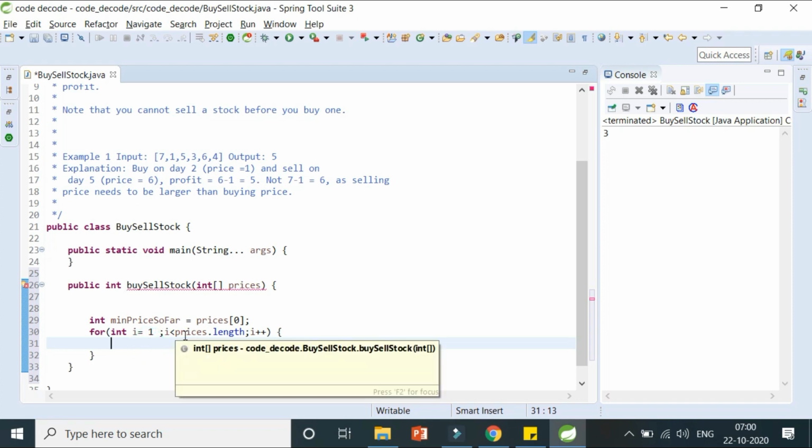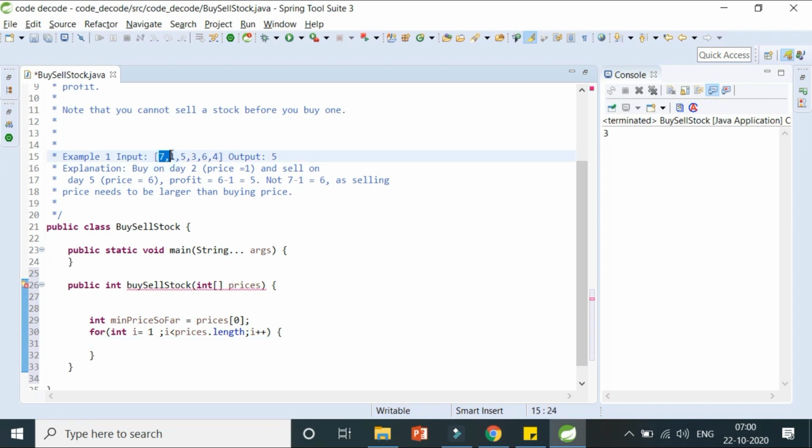Okay, so basically what I have to do is compare these two values and store the minimum value. Then I have to compare this minimum value and the third value, and then store the minimum value. So how can we do this? We can do this either by if else, or we have one Java library called the math library. We can use the function of that math library called minimum. So I'm going to use that function.